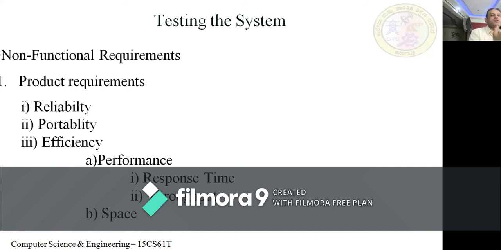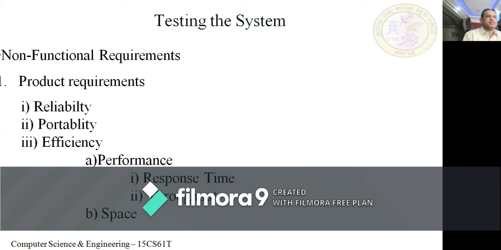How much time it takes to perform a particular action, we call that performance. And throughput is how many outputs it can generate within a second. So efficiency is classified into performance and space. Again, performance is classified into response time and throughput, and then space.